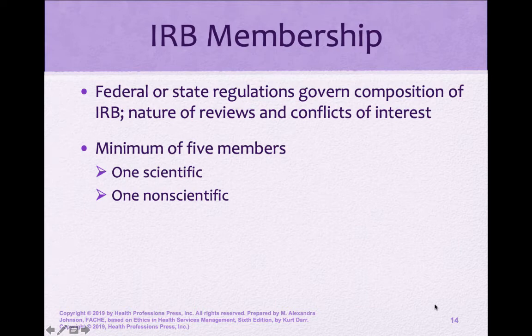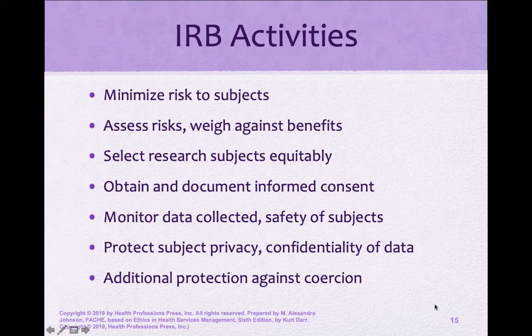So the regulations govern the composition of the IRB. I kind of told you a little bit about what I had experienced. So you're going to have a minimum of 5 members, at least one scientific member, at least one non-scientific member. Sometimes those of us that work as a scientist also become somewhat jaded to what is seen by a layperson or by an administrator. So I tend to take a very interesting approach because I was an administrator and now I'm a scientist. But it's important to have both of those sides represented.